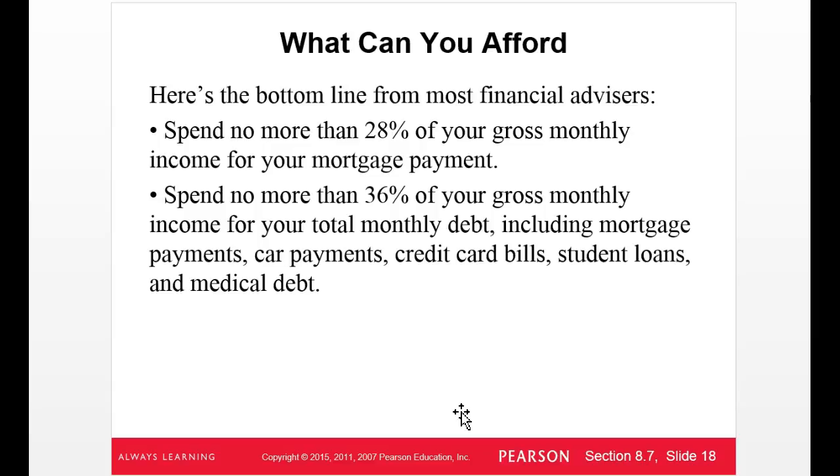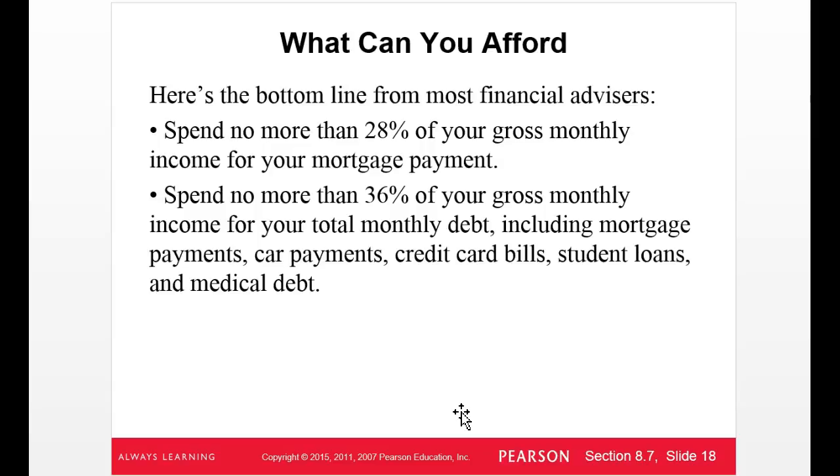All right, what can you afford? A good lending institution will not lend you money if they feel you can't afford that house. They'll tell you you're going to have to adjust and pick a smaller house or a different house or a different neighborhood. But 28% of your gross monthly income is what we typically would advise for a mortgage,